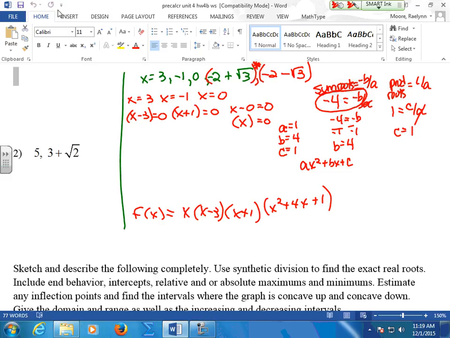Now, here's a good way to check this. If you put this in your calculator just like this, you'll be able to see in your table that x is at 0. So when x is 0, there's your y of 0. When x is 3, there's your y of 0. When x is -1, there's your y of 0. But to check these guys, you can put either one of these in. Do a second calc value